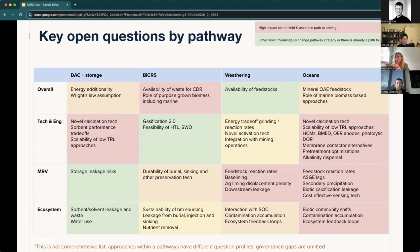So with that in mind, let's quickly talk through the different pathways, and then I want to highlight three very specific gaps and talk a little more about them. For direct air capture and storage, lumping together all different approaches here, there are some key open questions around energy additionality. I already talked about this before. How do we avoid cannibalizing clean electricity that we need elsewhere? And how does this match with the overall scaling of